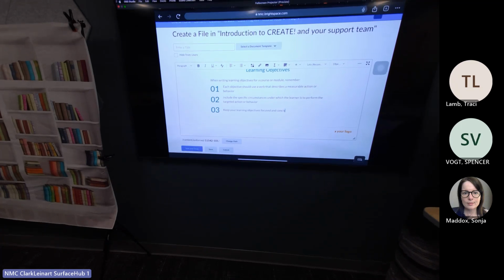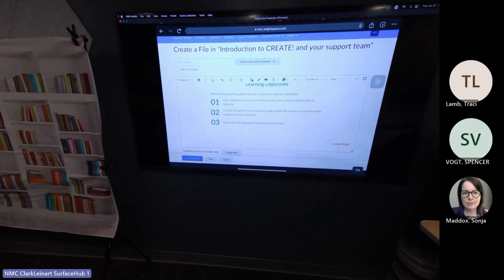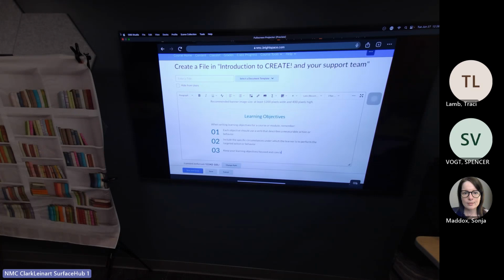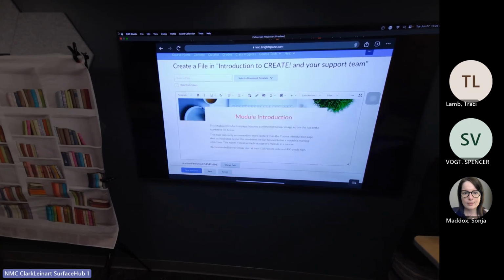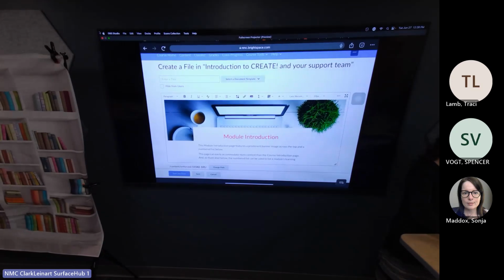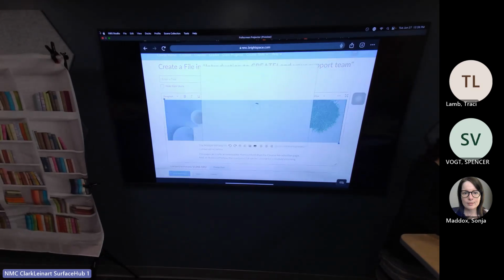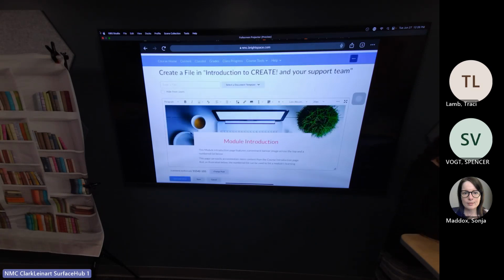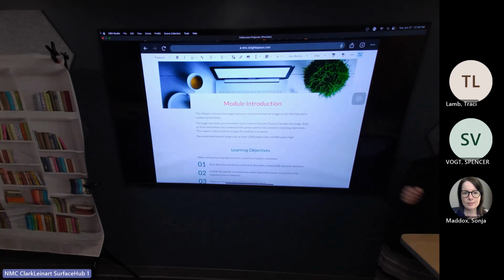I think the other nice thing about using the HTML editor is that you can make things bigger to emphasize. So that is that one, and I'm going to click on here. If you had a different picture you wanted to put in there, you can pull it up from anywhere that you have saved it on your computer, or pull it from a website. Close it out.